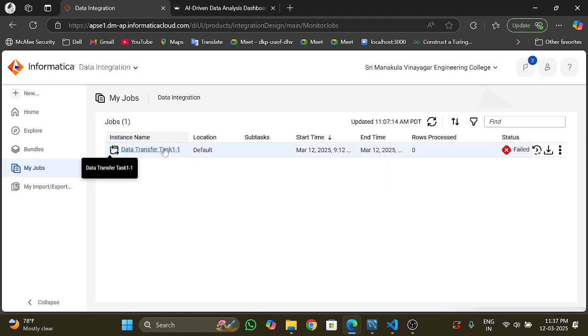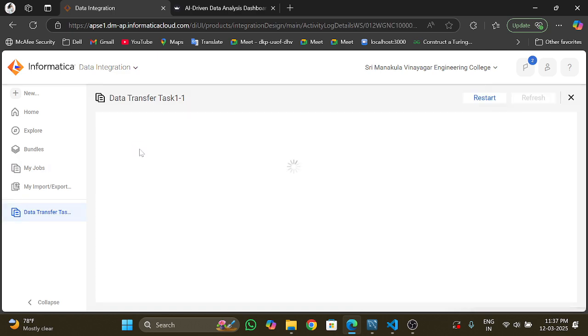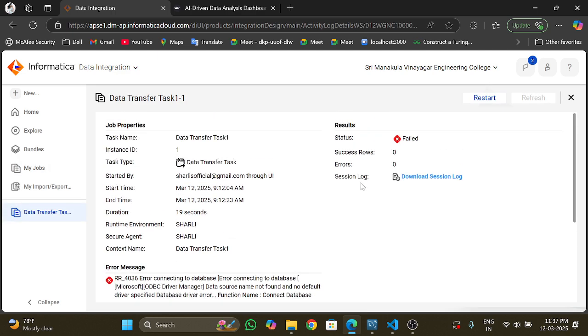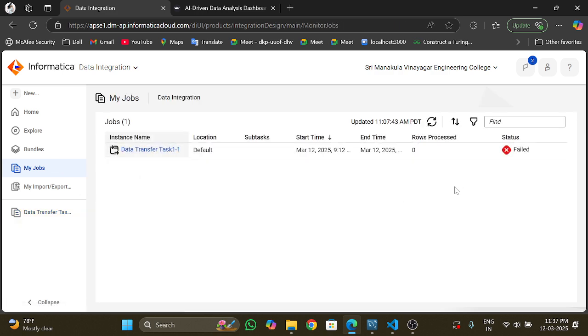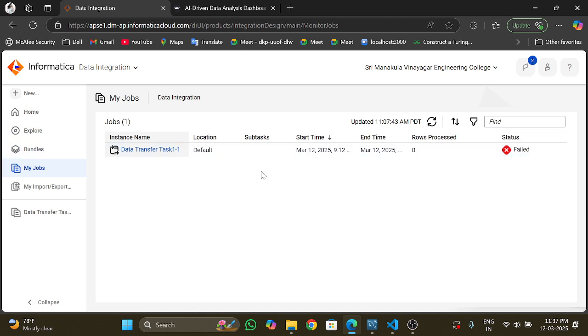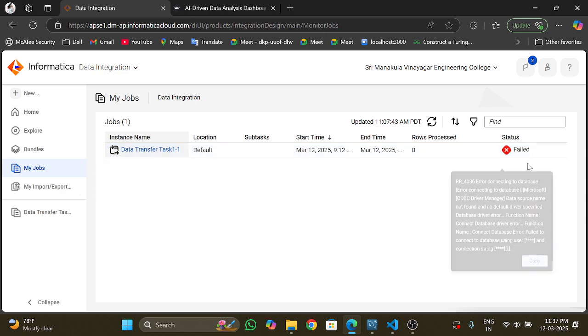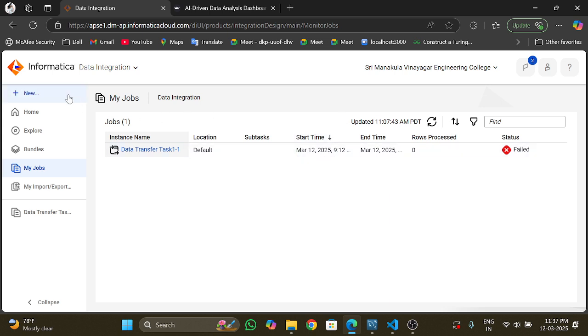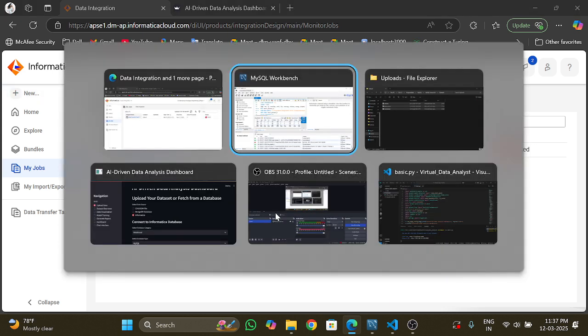In this particular thing, I have established the connection, the actual data integration, which fetches the data from the MySQL to the Informatica services. I can also show you in detail. Actually, this is currently failed because I have closed the tab, and I'm just running it once again. If I restart it, it will be successful. And then coming back to the interface,